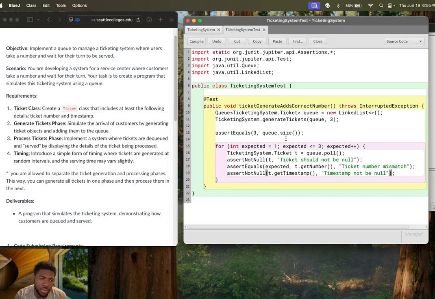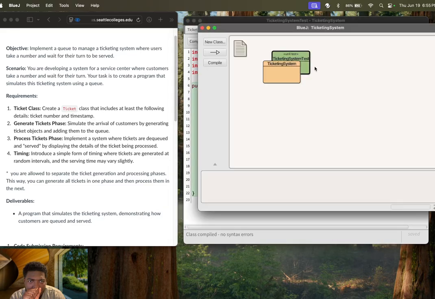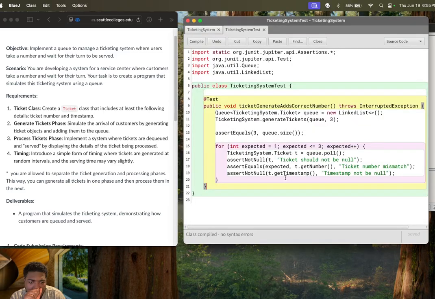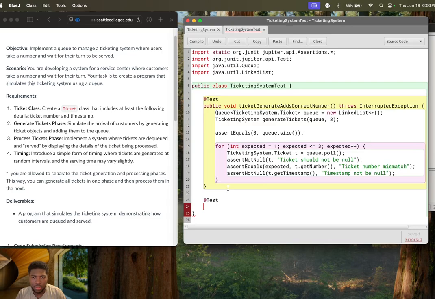What else do we have here? All right, let me hold on. Let me compile this first and see what we got here. Okay. All right. I don't want to do too many of these, but let me just say, let me test the